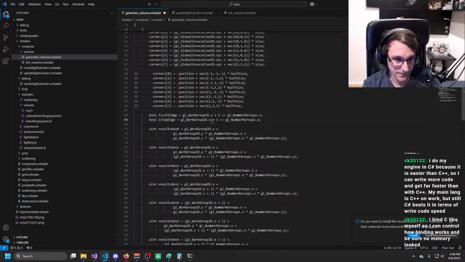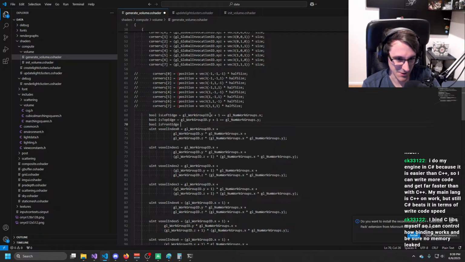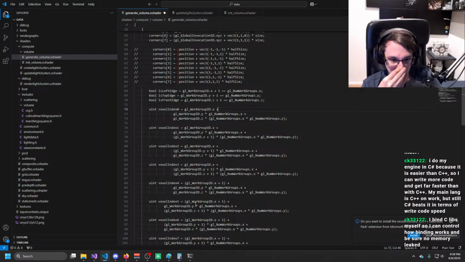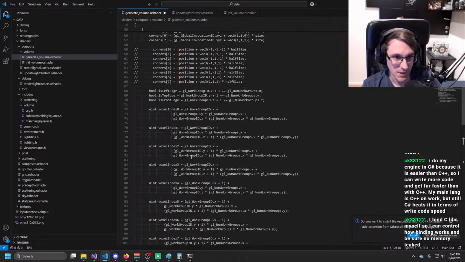Top is front edge, I guess. So we calculate this index, but if, so that one is always fine, right? That one we cannot outdo. Then